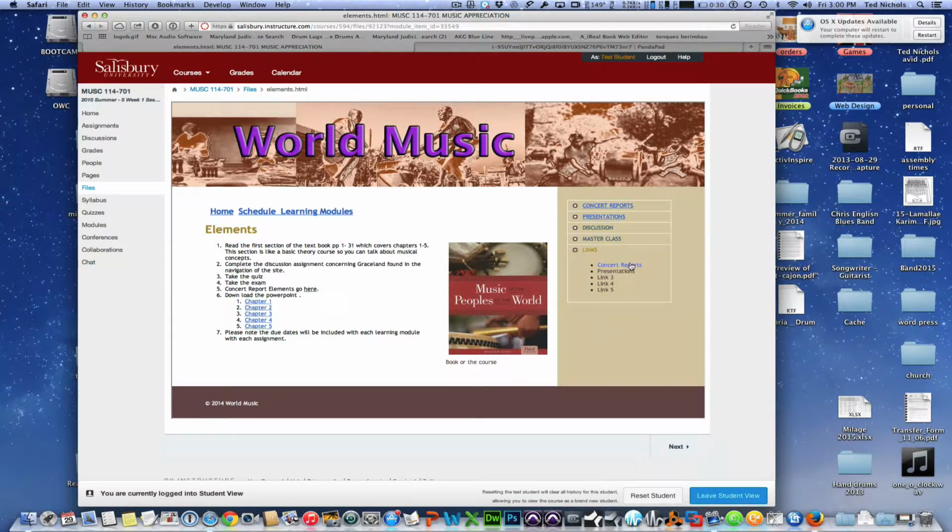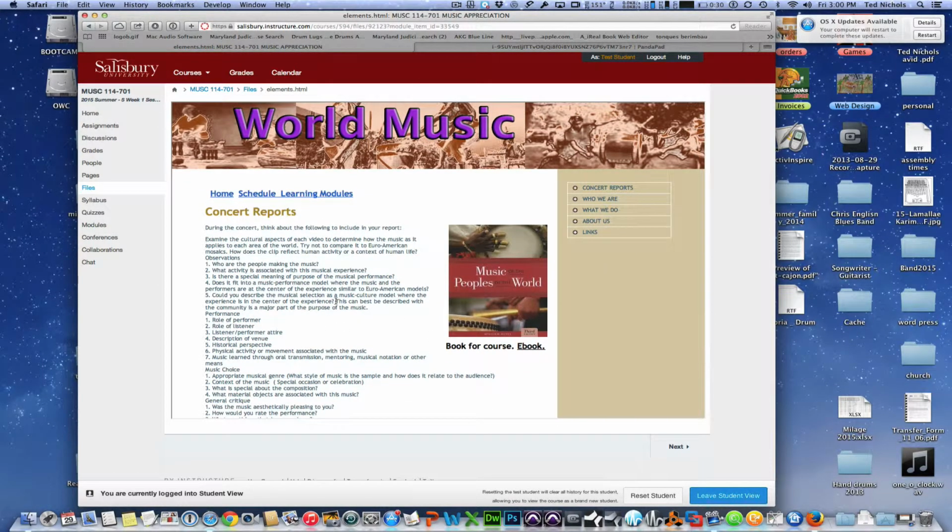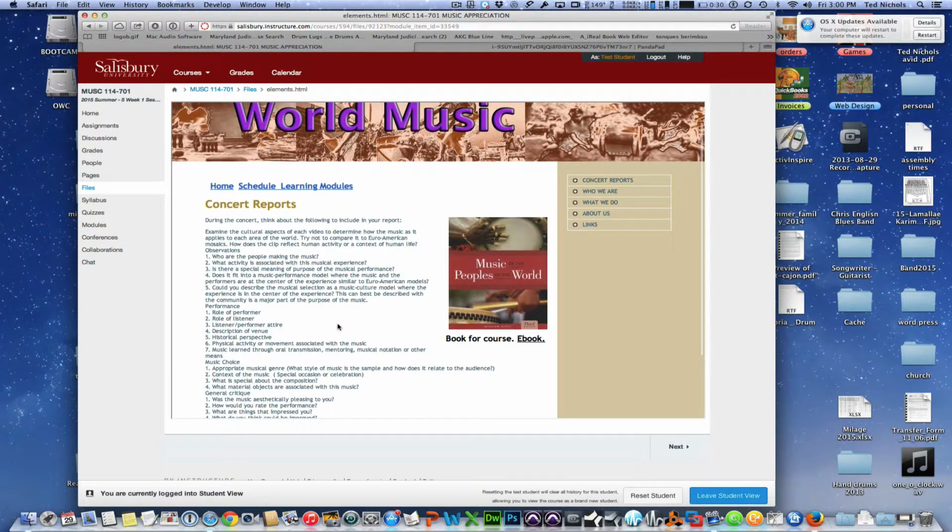If you look at this, this is a concert report. This goes into how to do the concert report. You're going to look at what the people are doing, and you're going to talk about it like you're learning in the course. So you'll learn something about a certain type of music, and you will include that when you look at this report. So if it was a Native American video, you would talk about Native Americans like we do in the book. We don't do Native American in this particular course, but you're going to talk a little bit about